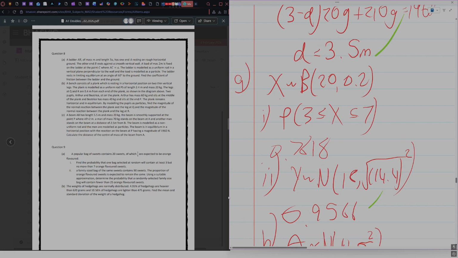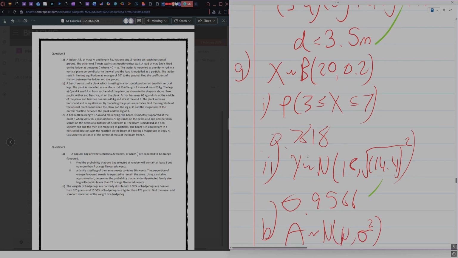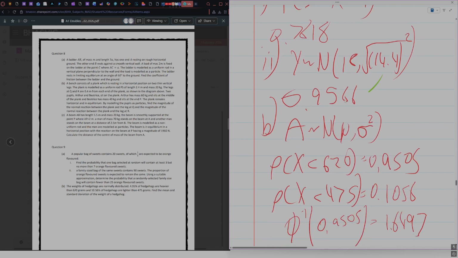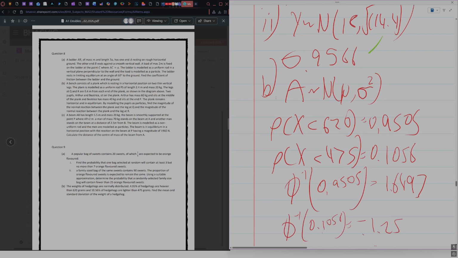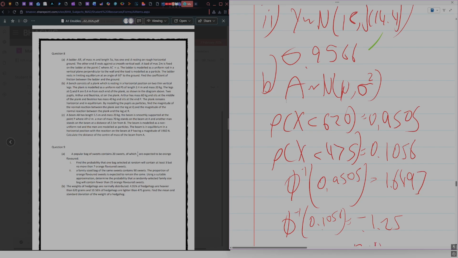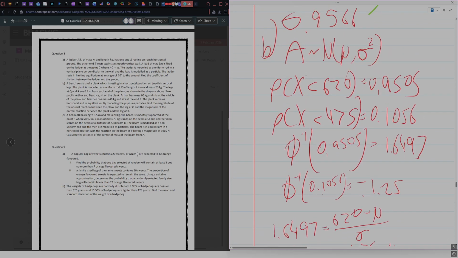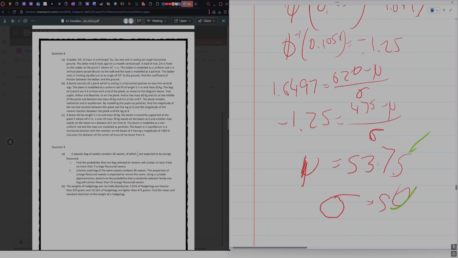Next, we have this thing here. So we do our distribution, find the probability, put it in your calculator, do the approximation, do the probability again, and then do another distribution. We're doing the classic mu and sigma simultaneous equations thing. So you find the inverse normal of both of these, put them both in the coding relationship, and then solve them simultaneously,